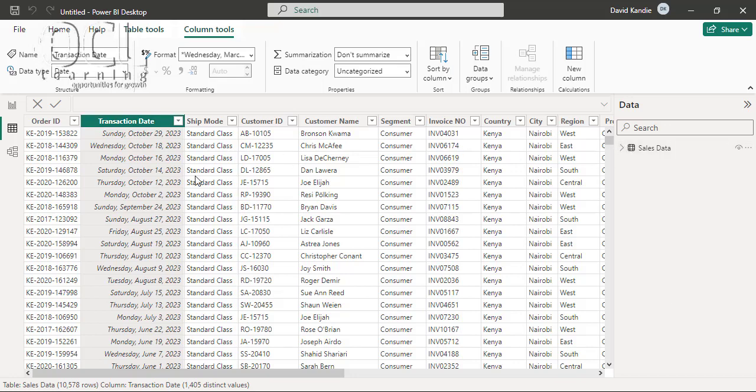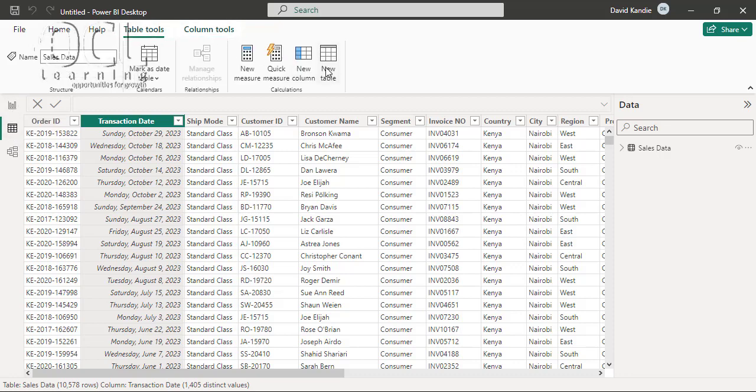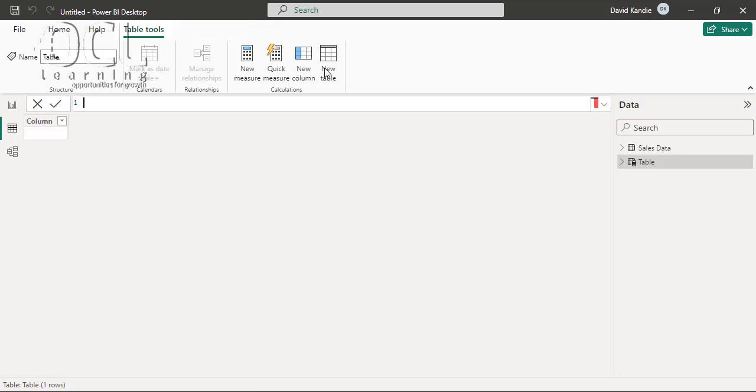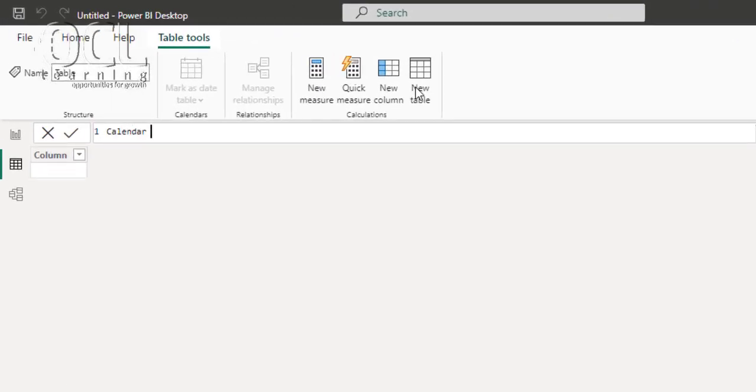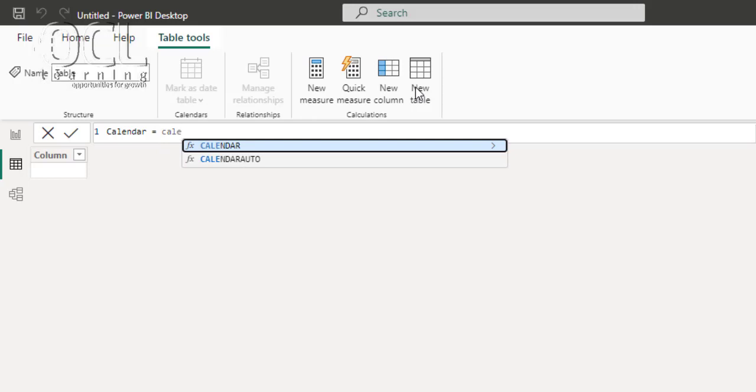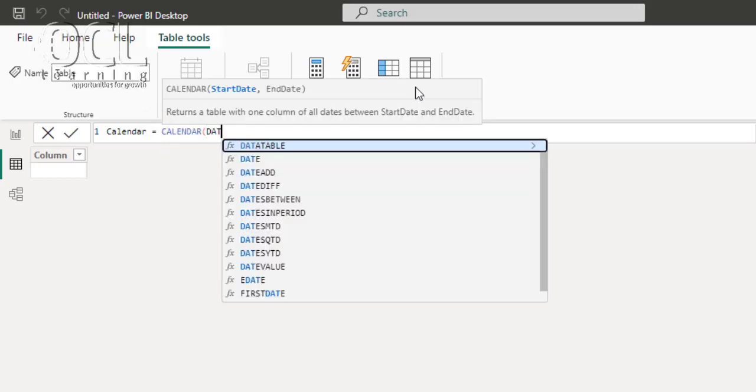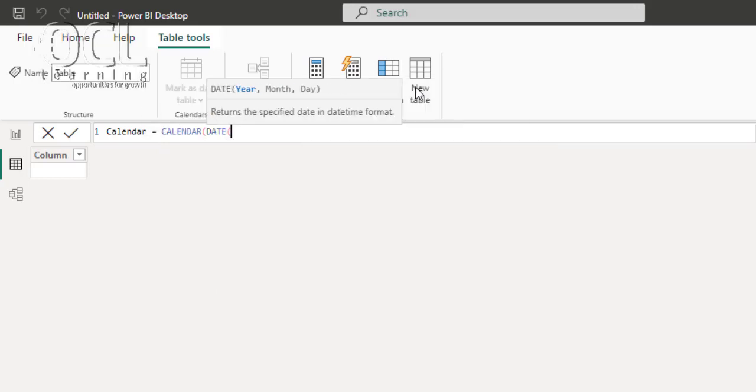To create that calendar table, you can be in any of these views. Go to Table Tools, then click New Table. I'll call my table calendar equals to calendar, then format as date, then you'll follow the syntax for the date, which is year, month, and the day. So 2020, 1, to show that it's the first day of 2020, up to the end date, which is